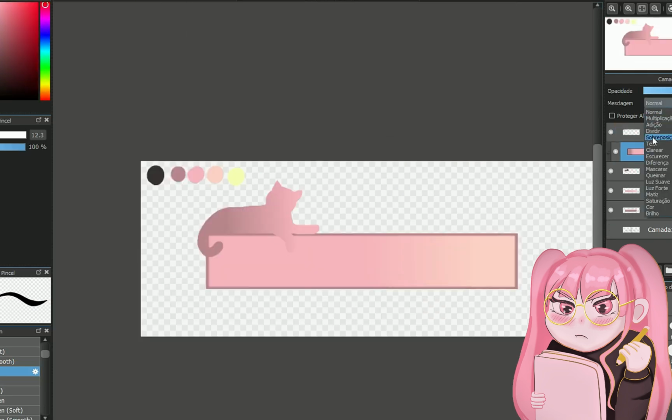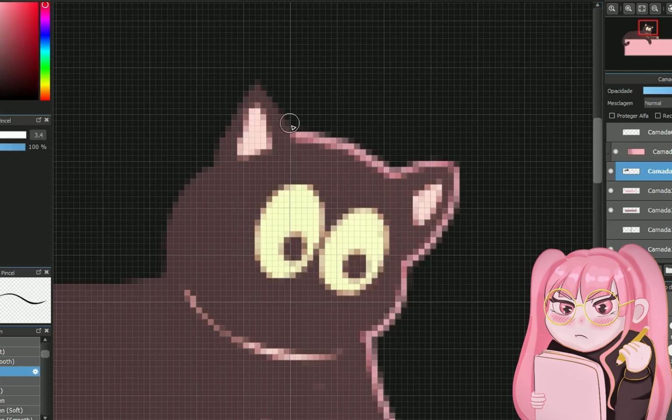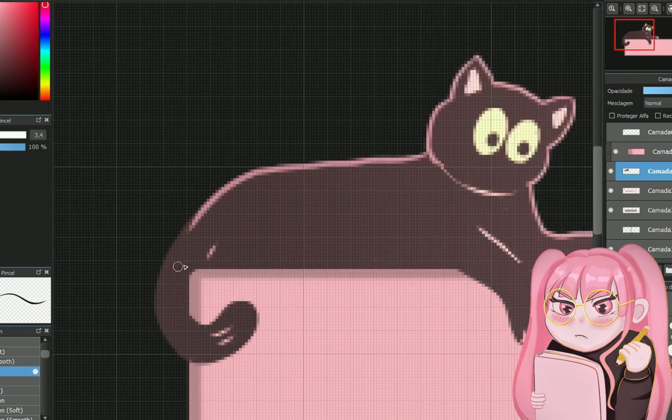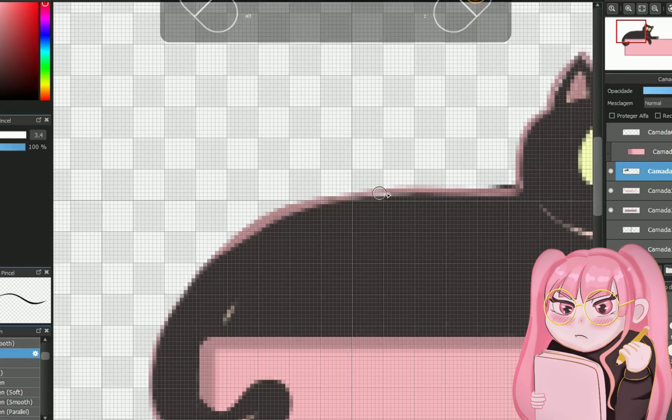And here we have another overlay layer. Not big nails, I just love to use them. Well, and this is me making sure that it looks good on both black and white backgrounds. So I just outlined this cat with a pink color.